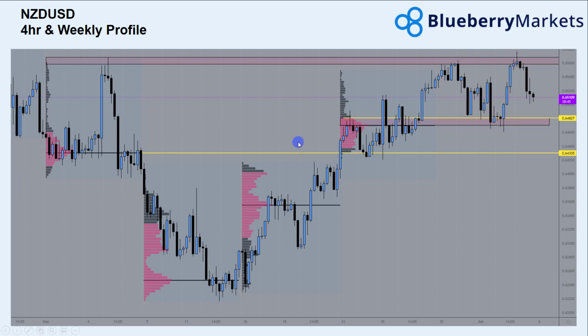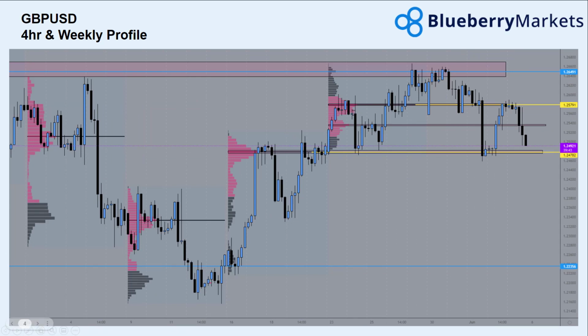Moving on to pound then, we can see that the price actually fell back within its previous value area. Early in the week we gapped down, and price rallied back up to the previous structure highs. This area around 126.60 was a very strong area of resistance. It's a low volume area, and we were expecting that if price drove above it, price would move quite quickly through that level. However, price pulled back initially. We did get the retest of the point of control, and we had a very shallow bounce to the upside,